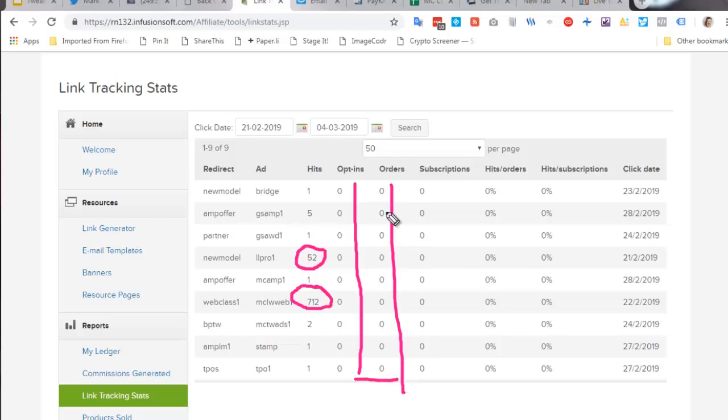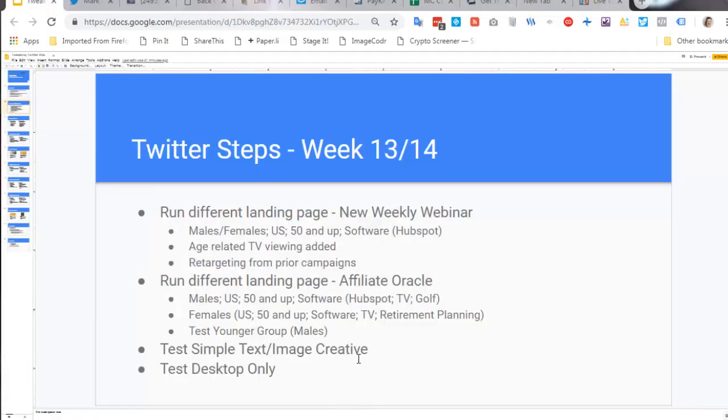So part of the process was to check the different landing pages. Clearly I have got a problem in getting people to convert. But I did say I wanted to focus in on talking about Twitter action and the Twitter ad action, because that's really what my next steps were aiming at.